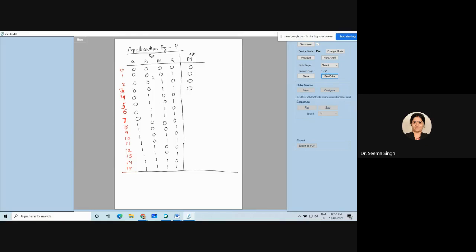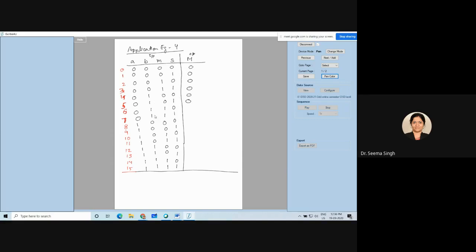If all the conditions are true, then only the motor should run on. So whether small m and small s are taking care or not, if the operator is not available, we will not proceed. Now, from number 4 to number 7, one of the operators is available all the time. So who will decide? This small m and small s will decide. So in the fourth and fifth one, material is not available. So even if material is not available and operator is available, it will be a 0 only, right?